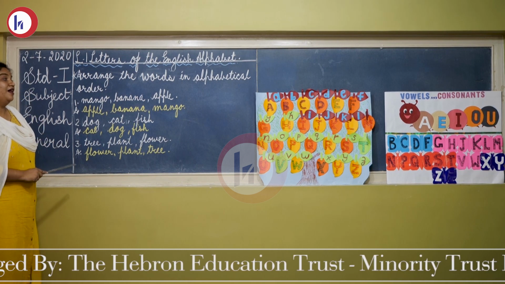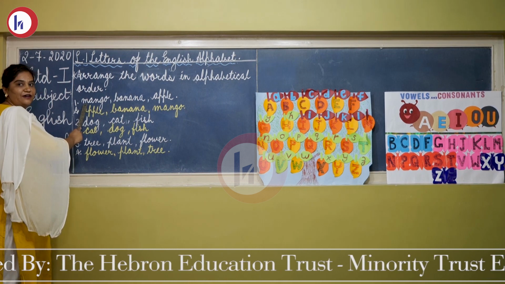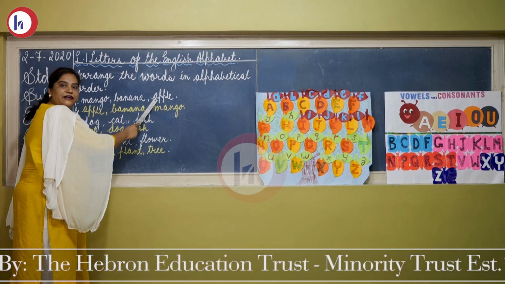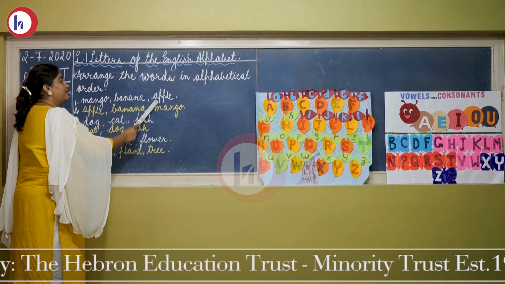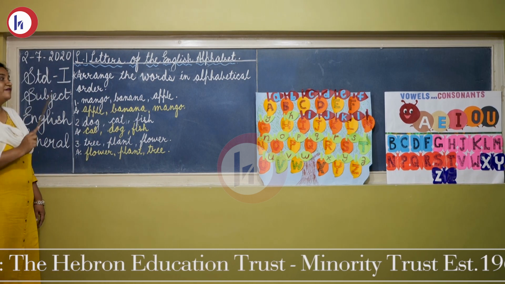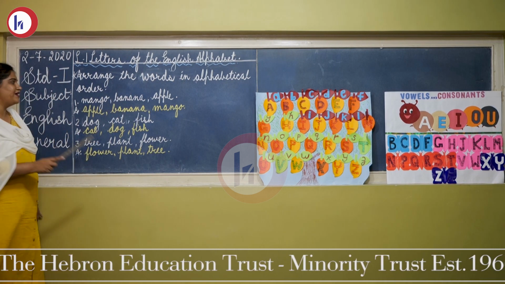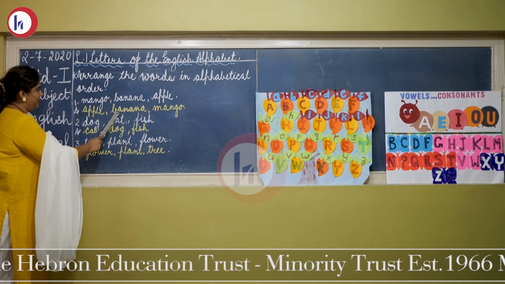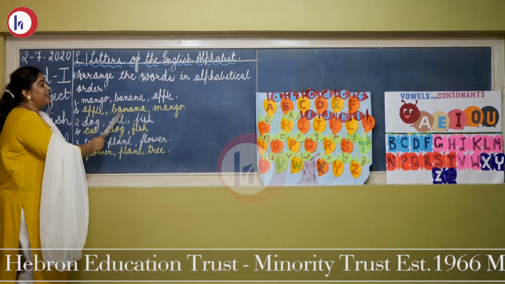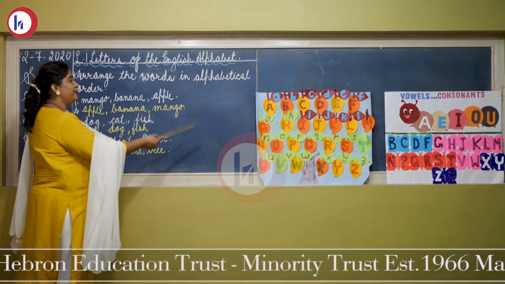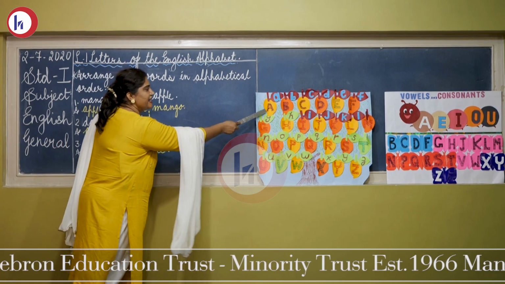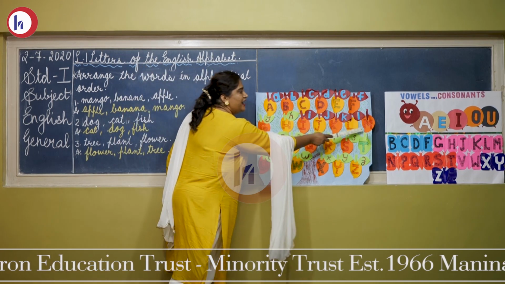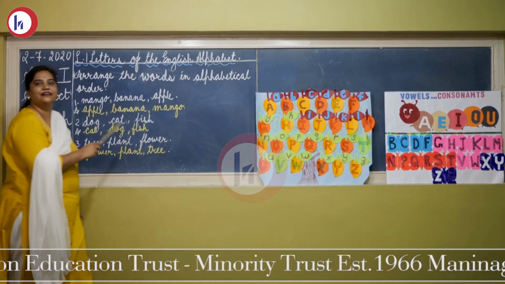No, right? How? M is the first letter which I have written over here, then B, and the spelling starts with A. Now tell me, which spelling will come first? Which word will come first? Yes, you are right. A for apple, right? Apple, banana, very good students. And then will come mango. Let's see here in the chart. You can see, yes, A is first, then B and then followed by M. So this is in alphabetical order.